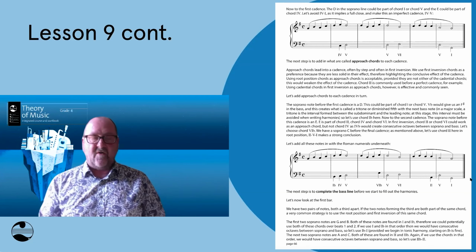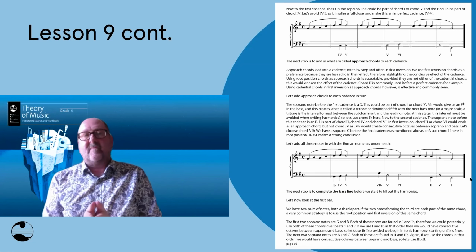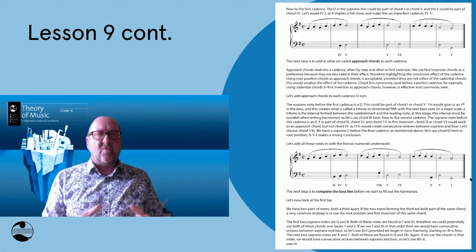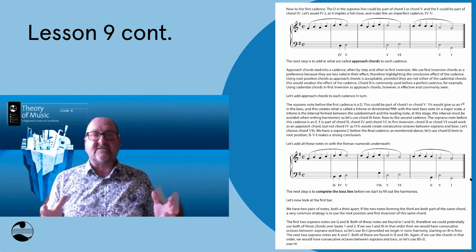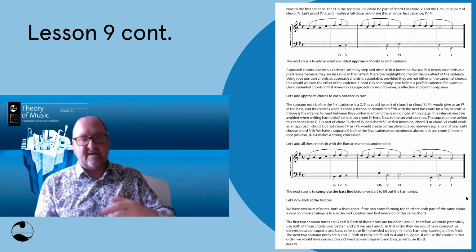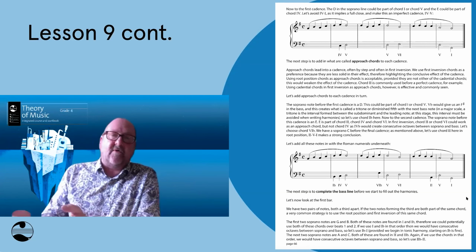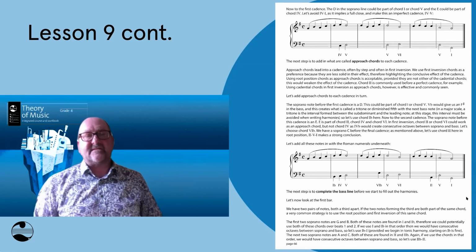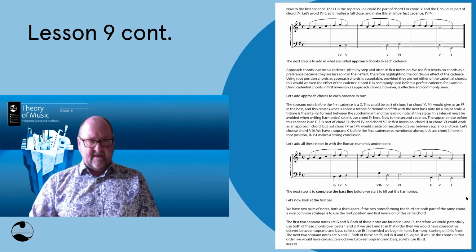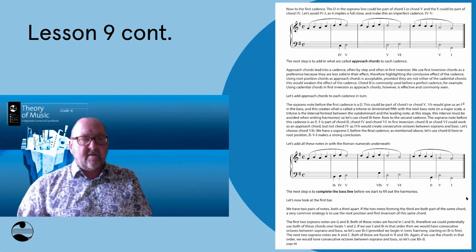I would say to start off with, try out a first inversion chord. And then you might like to try other chords. But when you're writing harmonies, I think it's really important to listen to them, whether you're using some kind of software like Sibelius or Finale, or if you just go and play them on a keyboard. Listen to the effect of these chords and get to know them and make friends with them. All right, I'm going to move forward now.